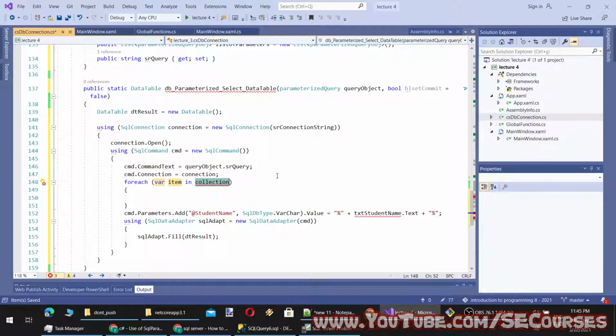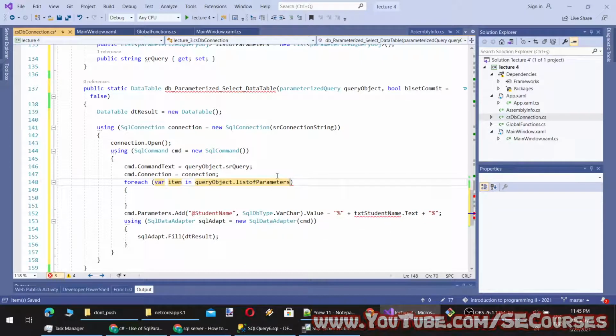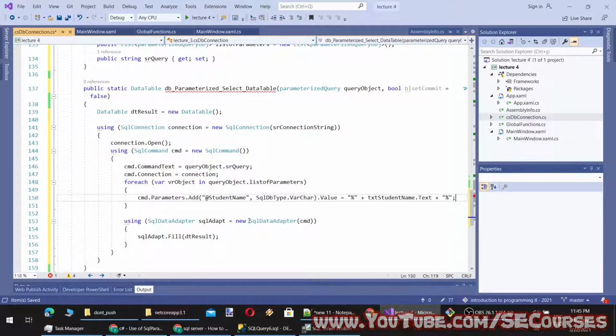It will be over the list of parameters inside the query object here, and each will be a parameter object.